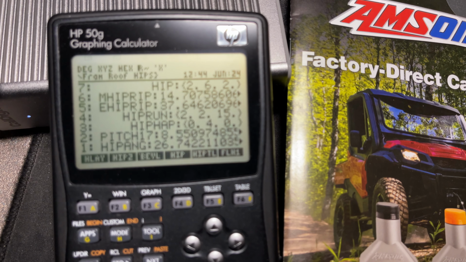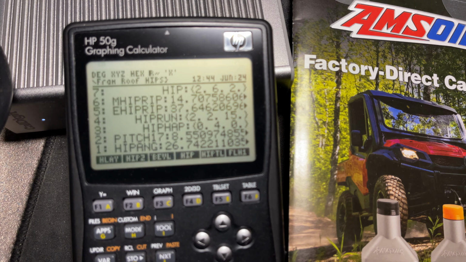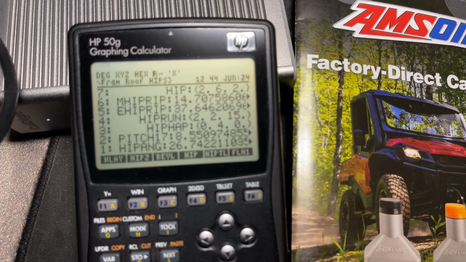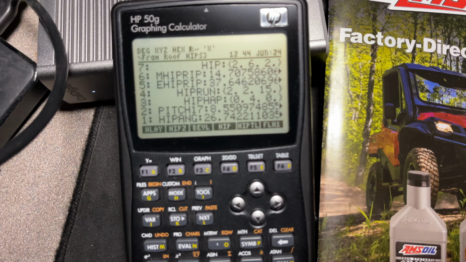And that's it. So 2'6" 1/8 would be your hip, and it would work perfectly. Now you could draw that out and dimension everything also, but I like to use this calculator because it's